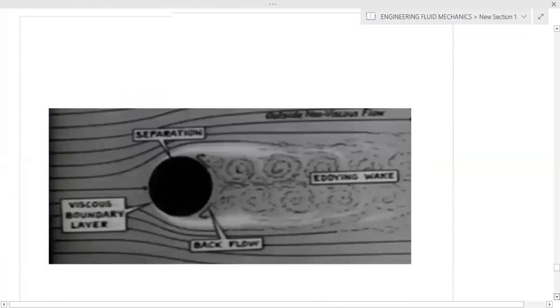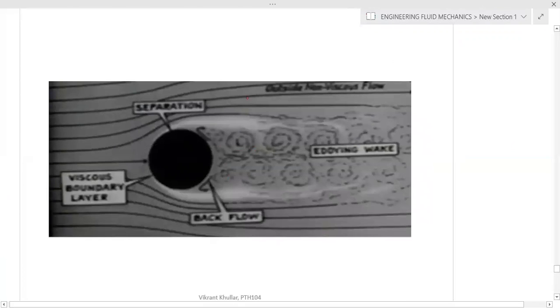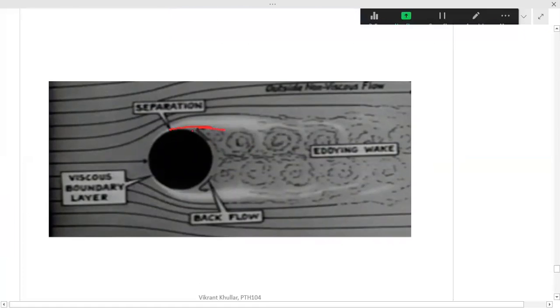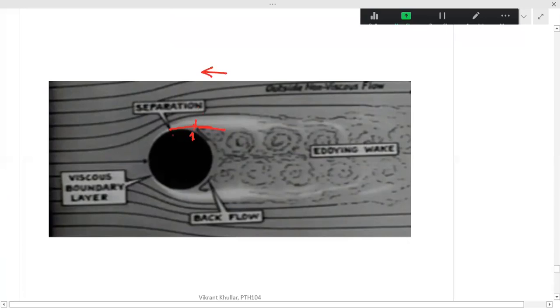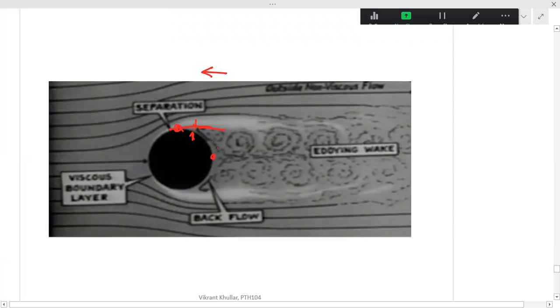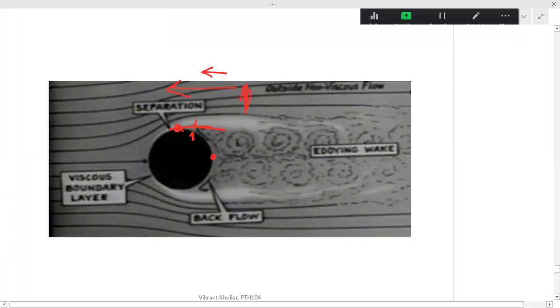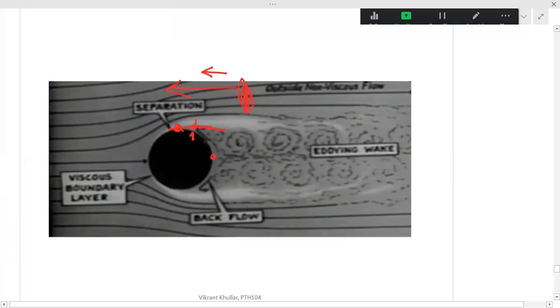But what happens in the case of a blunt body? Yes, tell me. This is boundary layer separation. Yes, but in case of a blunt body, what happens is again when the flow here, you can see there is boundary layer separation. So why has it happened? Because viscous force might be acting in this direction. But now please remember the pressure difference between these 2 points is very large. So the pressure force is also very large. So this flow, although at high Reynolds number, is not able to actually